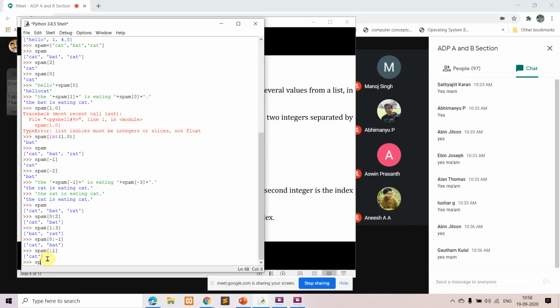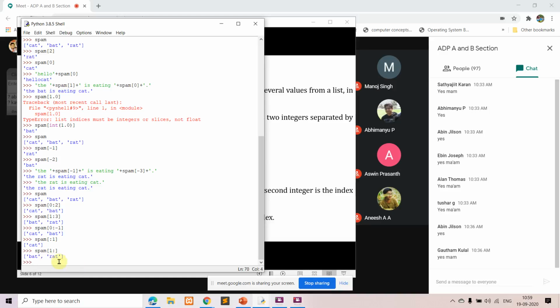Similarly, the ending one you can leave out. So how will you write it? Only the starting one you can mention. In this case, only the starting one you have mentioned, so the zeroth won't be included. Other than that, that is bat and rat. Here the ending one you are not mentioning.